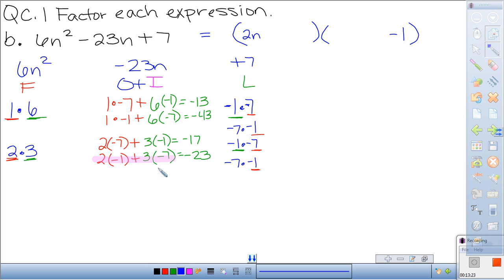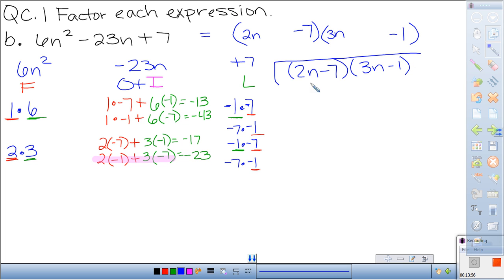Then our inside terms are 3 and negative 7, so 3 has to be first, so here, 3n, and negative 7 also has to be inside and last, so here it is. So let me push those together. They look kind of weird, so it would be something more like this, 2n minus 7 times 3n minus 1,